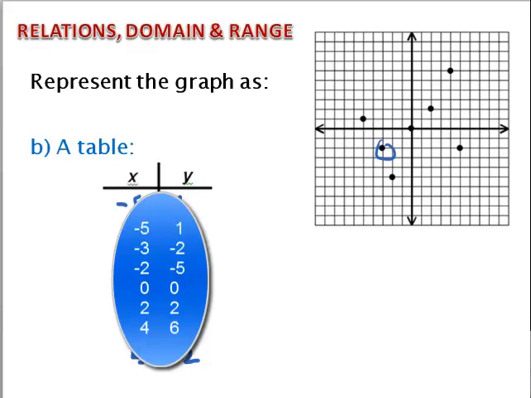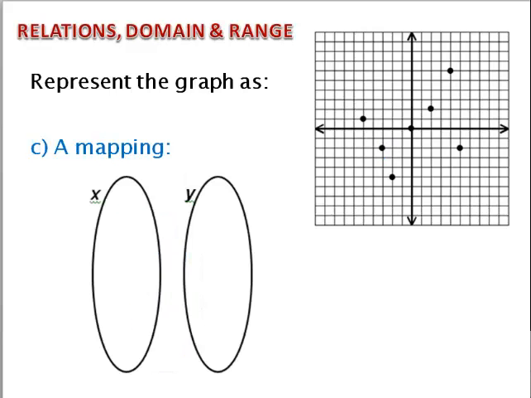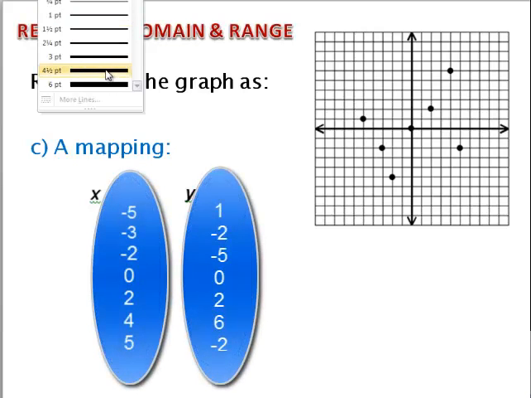Alright, the next thing we're going to do is write this in what we call a mapping. Alright, a mapping, all I do is list my X's over here in the left-hand column, and then I'm going to